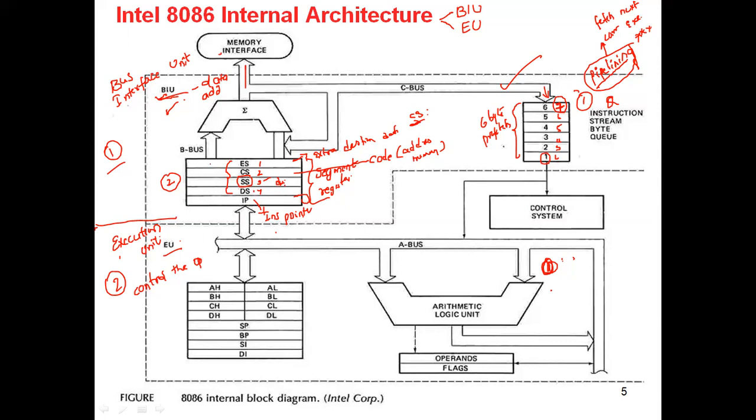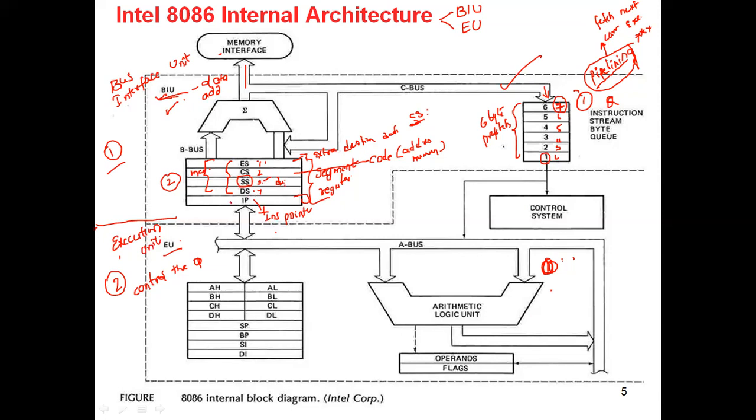So our memory is divided into 4 segments. This is our total memory, divided into 4 segments. Extra segment is where additional data is stored. Code segment is used for addressing a memory location in the code segment. Stack segment, during execution, holds and stores the data and the addresses. Data segment consists of data used by the program. So that is the thing.